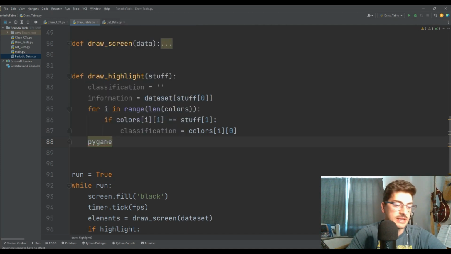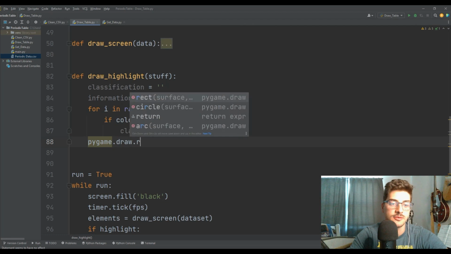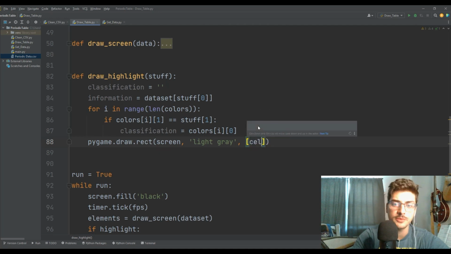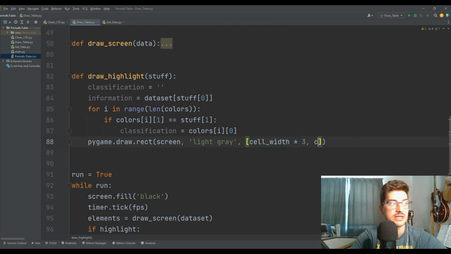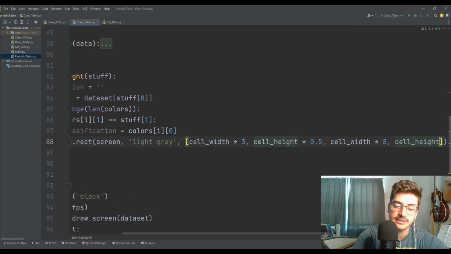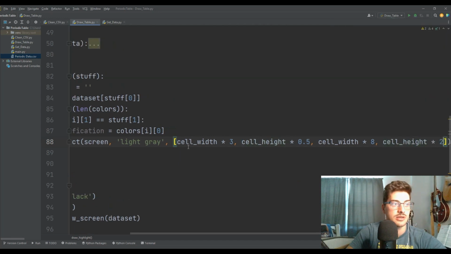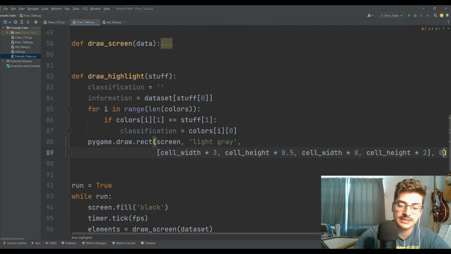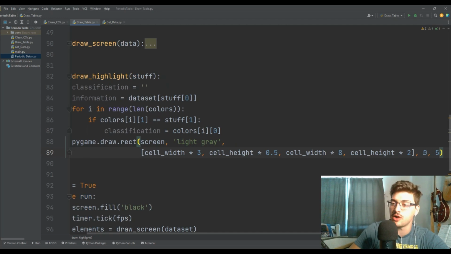All right, so stuff that's going to be the same for every highlight will be a few rectangles. Pygame.draw.rect. We'll put the first one on the screen as kind of a light gray, just surface to work with. And we'll put it at starting position cell width times 3, cell height times a half. And then cell width times 8 will be how wide it is, and cell height times 2 will be how tall it is, okay? And then I do want this to be a solid rectangle but rounded. So I'm going to give it 0, meaning I want to be filled solid, but then 5, meaning I want